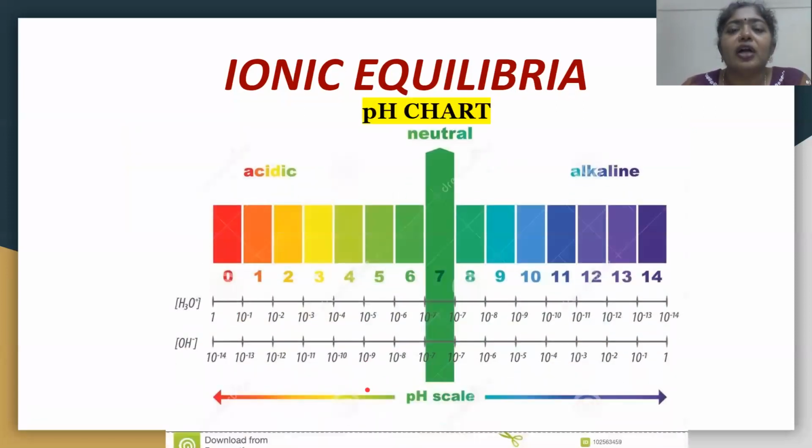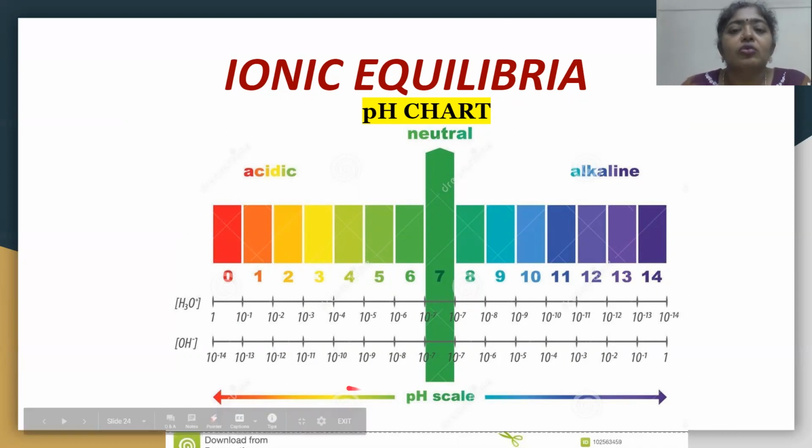Now let us study the pH chart. So how do we use this value of pH and pOH? The pH and pOH tell us the concentration of hydrogen ions and the hydroxyl ions in that solution. So what is the point in studying this? What is the application? Why do we have to know the concentration of hydrogen ions and the hydroxyl ions? The concentration of these ions tells us whether the solution is going to be acidic, basic or neutral. Here it is mentioned as alkaline. That is, if the solvent is water, then it will be an alkaline solution. So you can call it an acidic, alkaline or neutral solution.